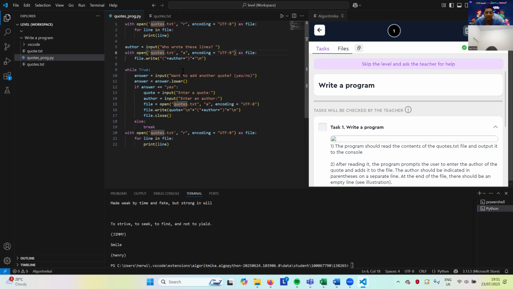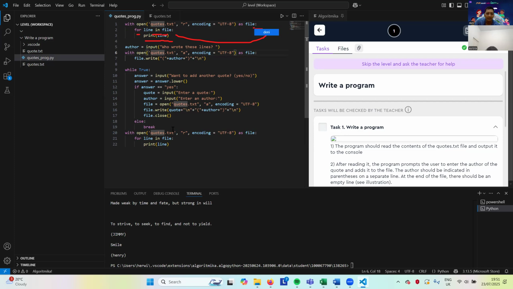The first line, quotes R. So remember what R is? What is R? Reading. Read the data. So, print line. What is line? Line is line in file. What is file?